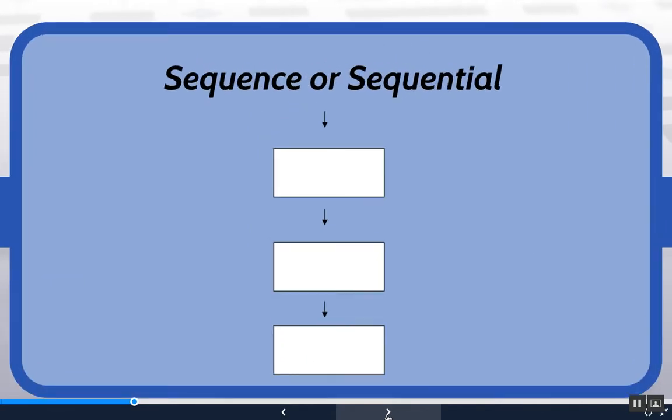Let's look at the first control structure. This is sequence, or sequential instructions. The program will follow instructions one after the other from top to bottom until the program ends. Very few programs would be made entirely of just sequential instructions because the program would run without any pauses or